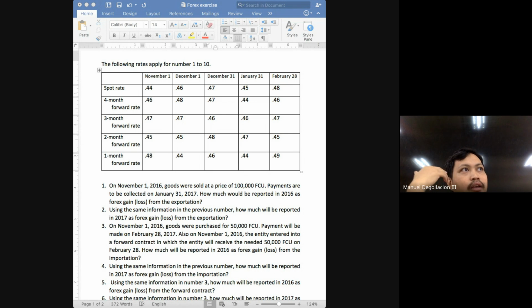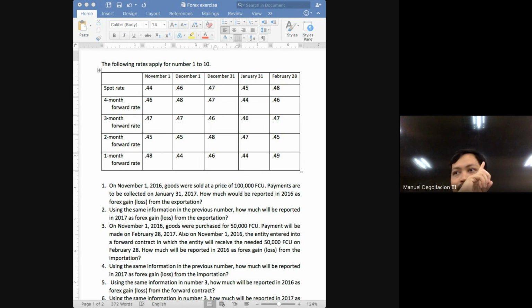So, in this topic, class, the questions will be from two perspectives. Sometimes it will be from the point of view of the exporter. Sometimes it will be from the point of view of the importer. And it's important for you to understand what your concern is accounting-wise if you are the importer and if you are the exporter. If you are the importer, you are the buyer. So what will you be recording from the importation? You will be recording your purchases and your accounts payable. So those would be your concern.